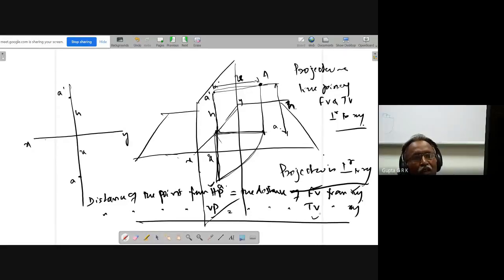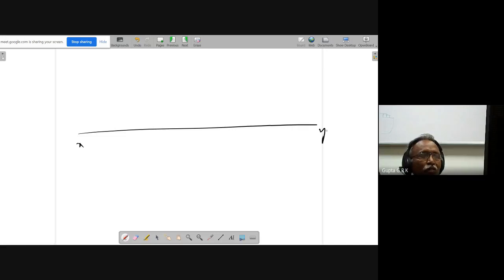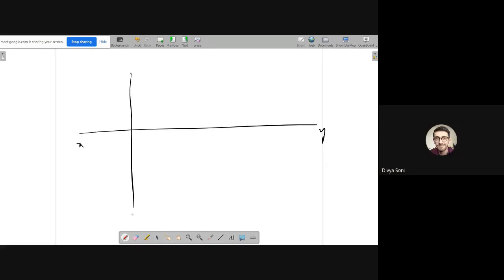Whenever we start a problem, we have to draw the XY line. You will be given data about one point, and I have to draw the projections of the point. Just a point means you draw a line, which is the projector of the point. If it is given 50 above HP, the front view is 50 above XY, and 20 in front of VP means the top view is 20 below XY. I have to interpret whatever data is given. Shall we solve the problems? Yes, sir.